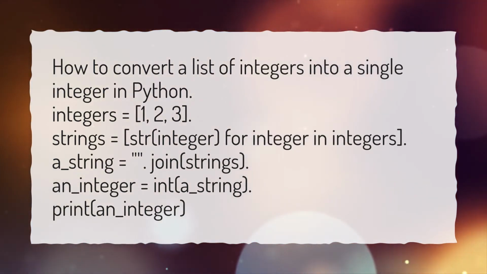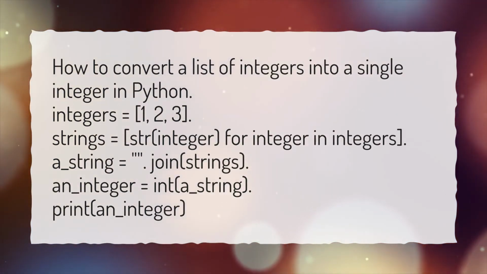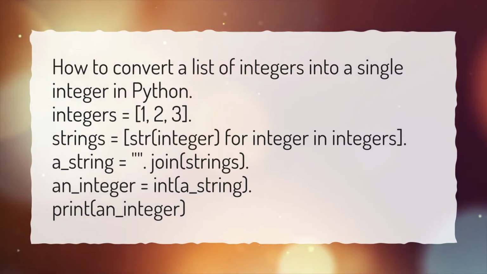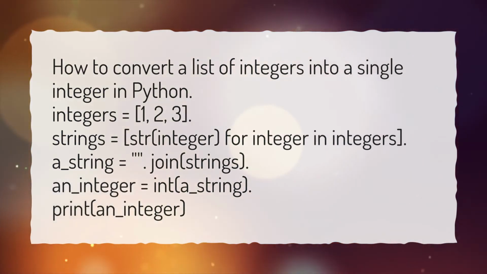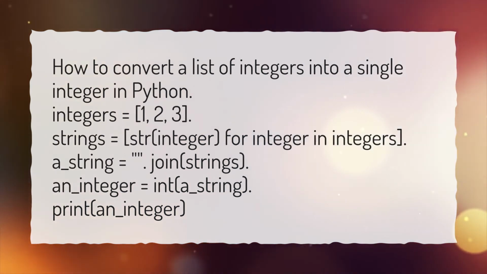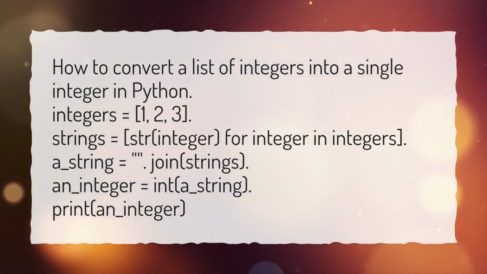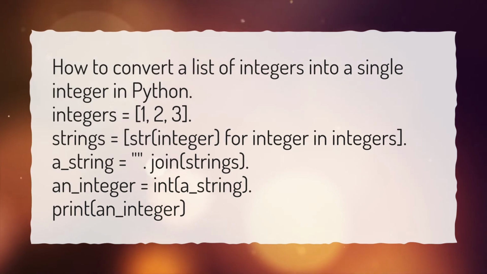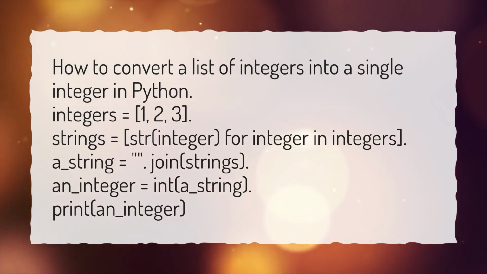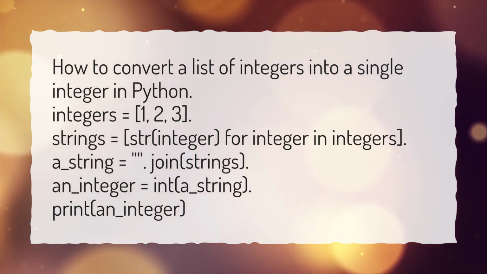integers = [1, 2, 3] strings = [str(integer) for integer in integers] a_string = "".join(strings) an_integer = int(a_string) print(an_integer)